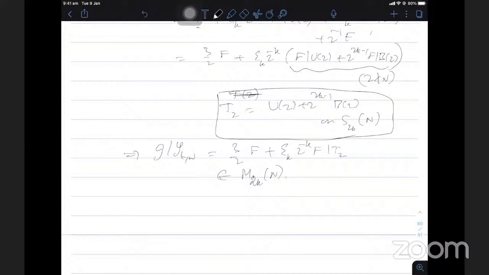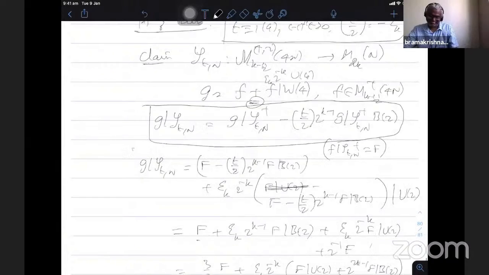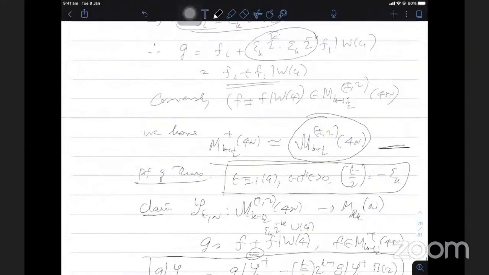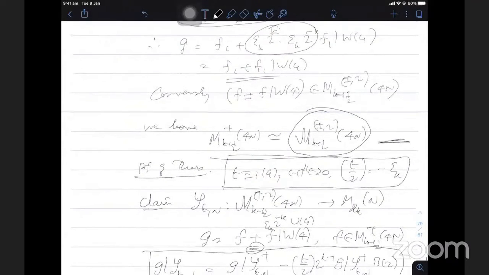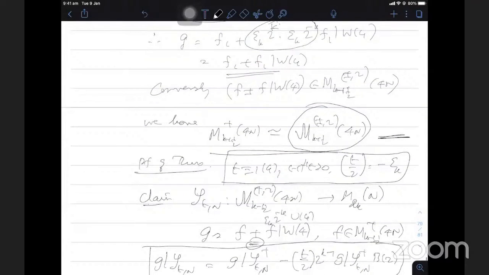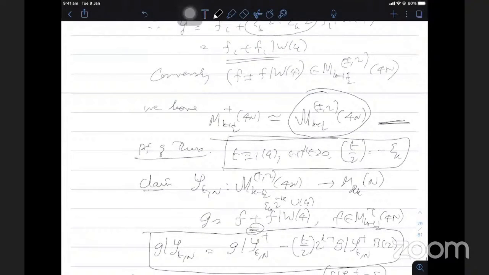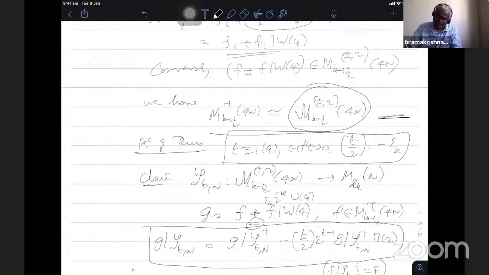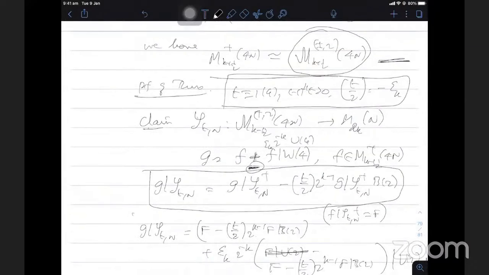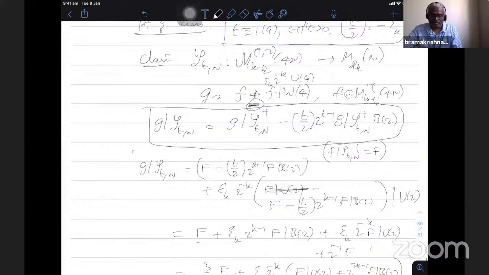Can you go to the line proof of theorem where you started? Yes. Here. We are working with plus 2 4N, minus 2 4N is gone. No, I told you just now. When I take plus 2, I get F plus or W4. Minus means I have to put a minus there. Argue like that. So I cannot write them together, otherwise there is a lot of confusion. To be clear, it is better to start with the plus and then change to the minus accordingly, and then you get back the same thing.